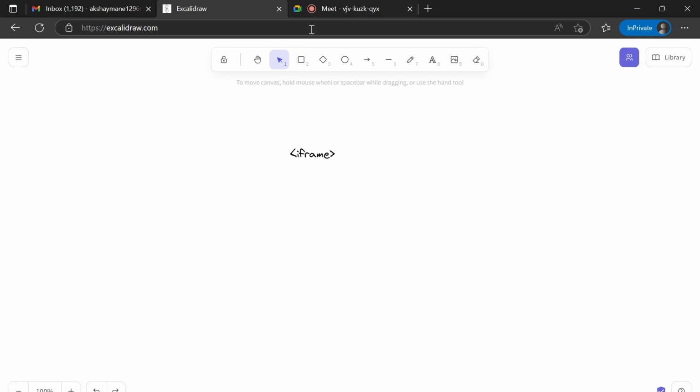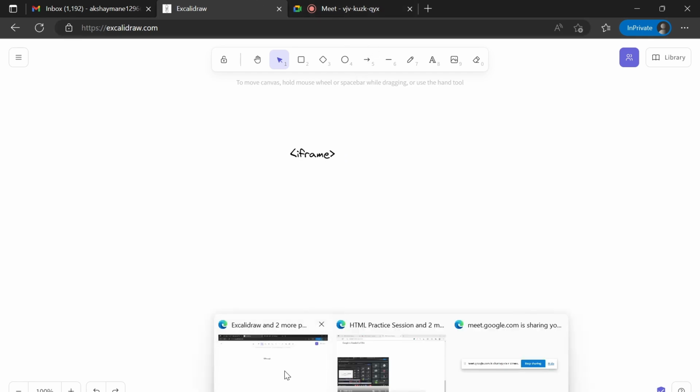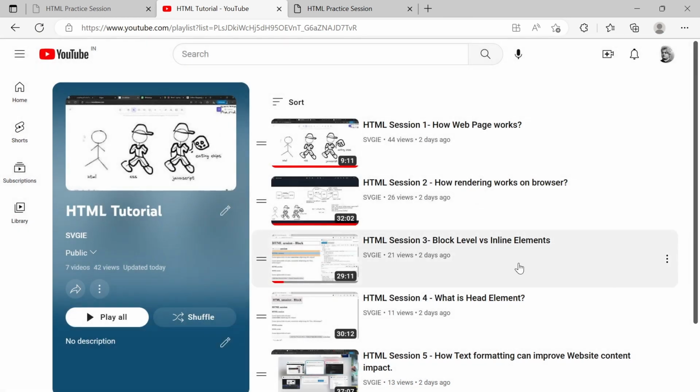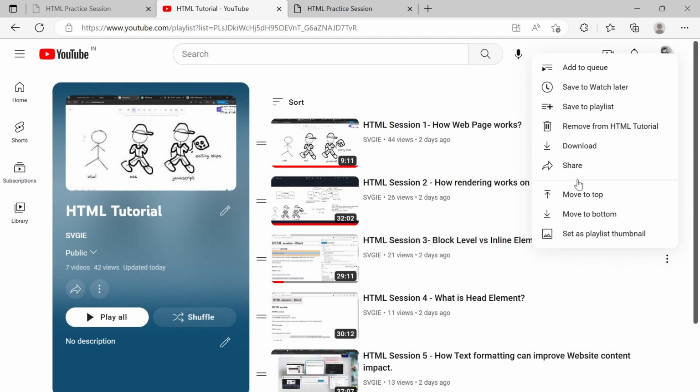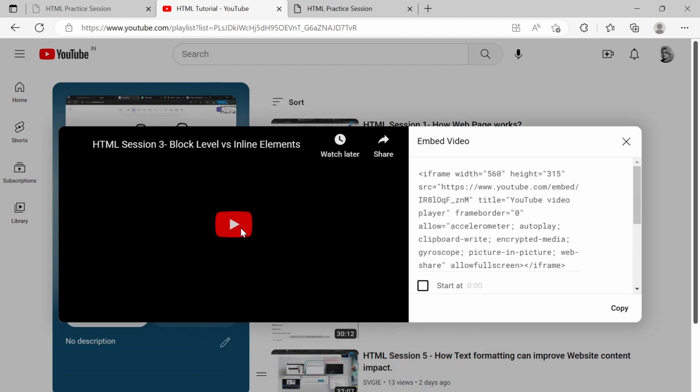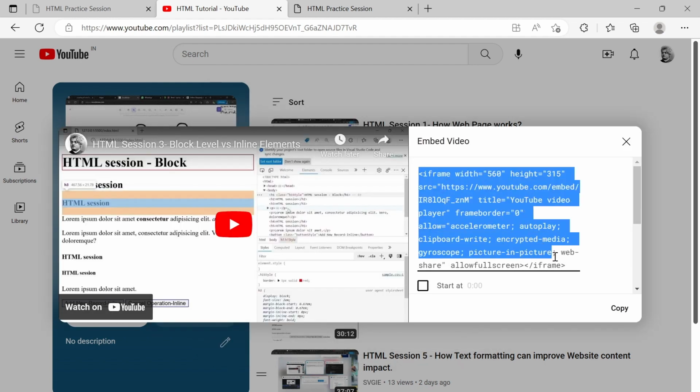So I go to YouTube. Here they directly give you a link option, and there is an embed option also. If you click on it, you will see it is using this iframe tag.